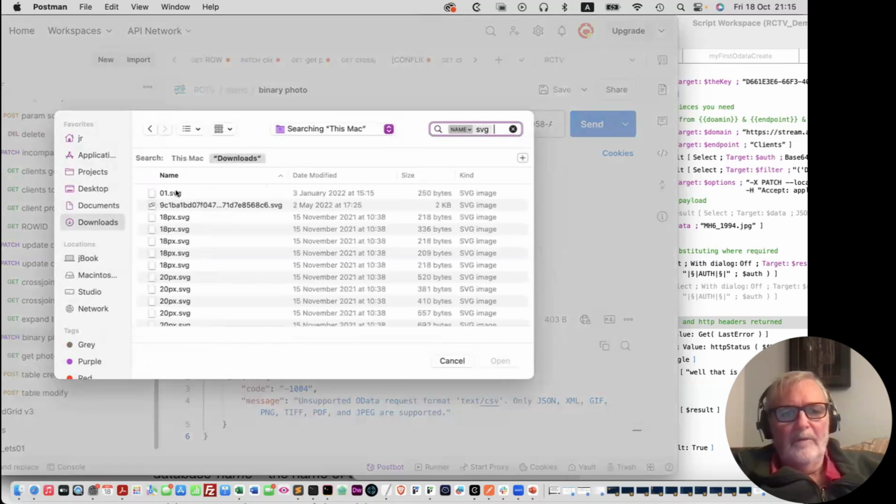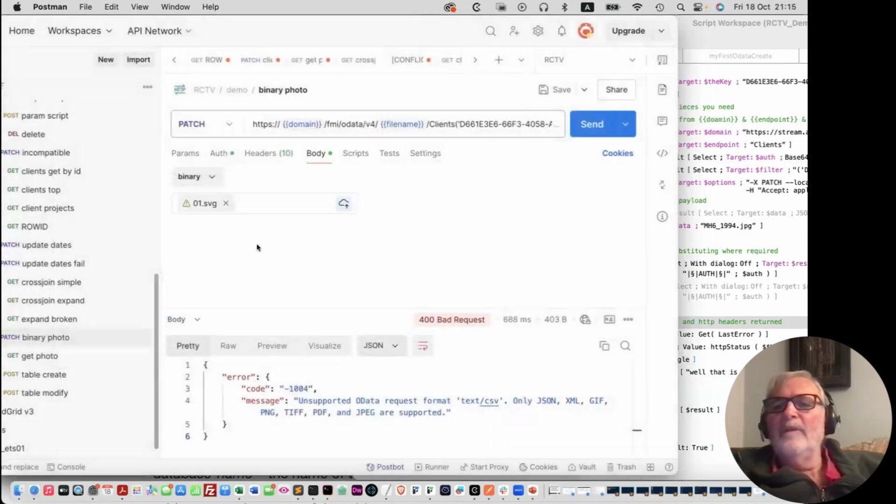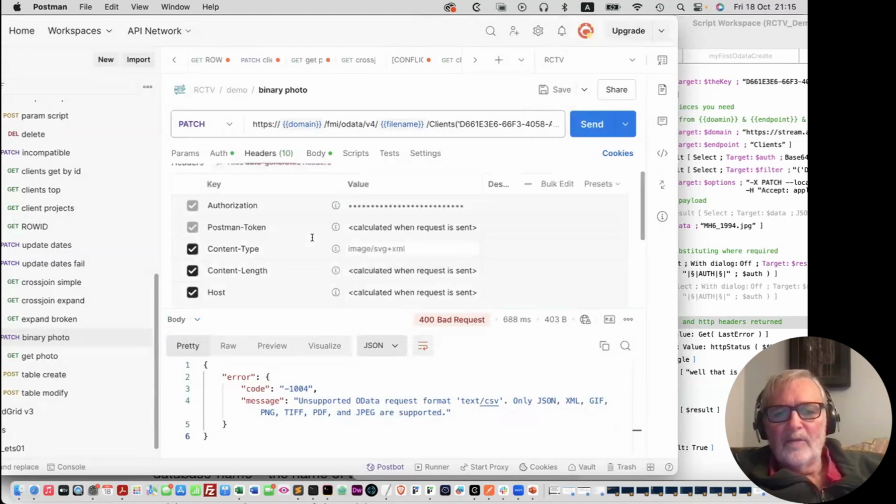Let me see if I've got one in this folder. There we go, that one will do. So I'm going to attach an SVG. An SVG file, as you know, is just XML on the inside, but it's rendered into an icon. So if I look at the headers, Claris, Postman's gone, oh, it's an image/SVG plus XML. That's technically the MIME type. So I'm going to send that because it should be,